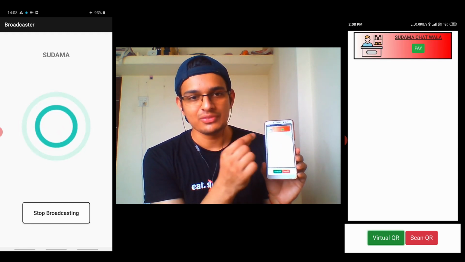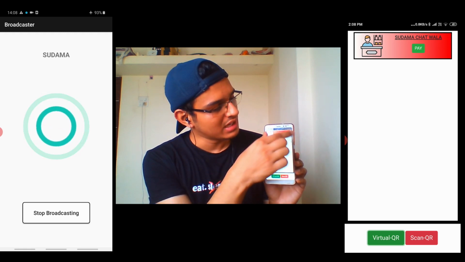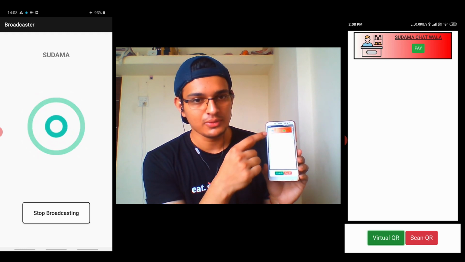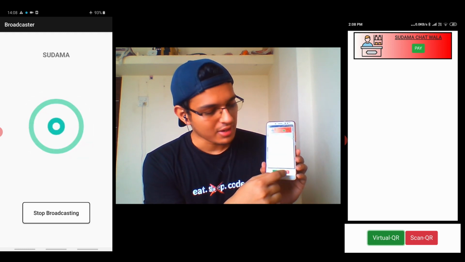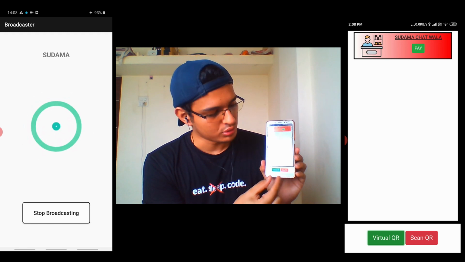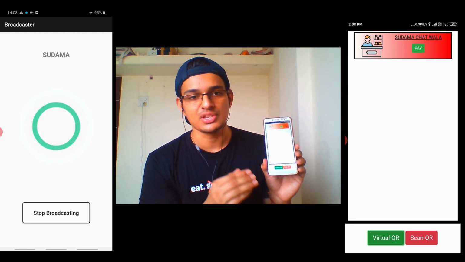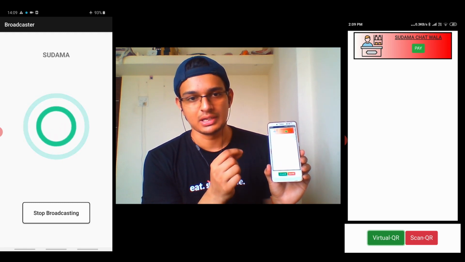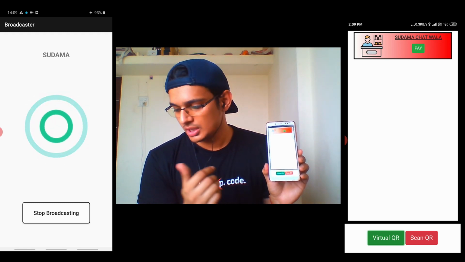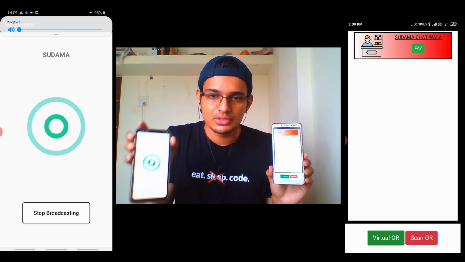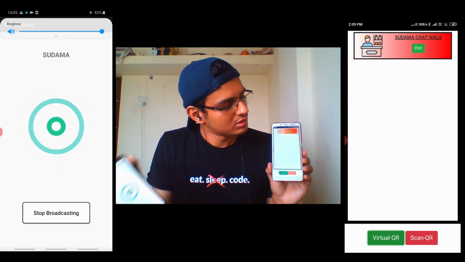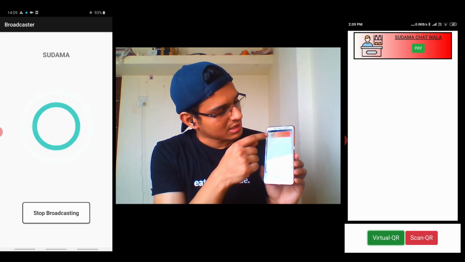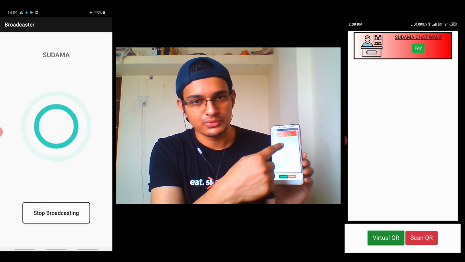So on scan, if it detects this beacon, then we get this option. But on pressing the send button, if we don't get this option, then we have to directly switch to the QR code button. So these two functionalities automatically switch depending on whether a beacon was detected, that means a UUID was detected or not. As I have shown you, Sudama was active here and Sudama has been detected. So that's how the VPA is being detected with the photo of the shop.